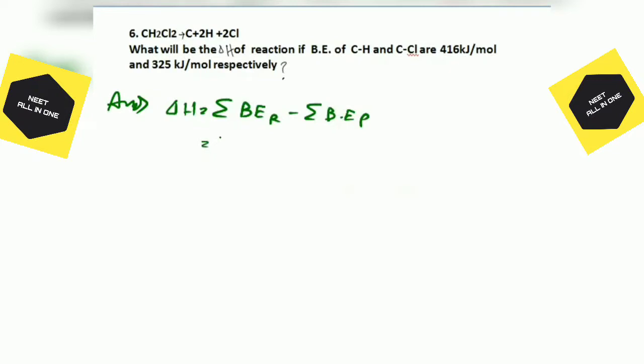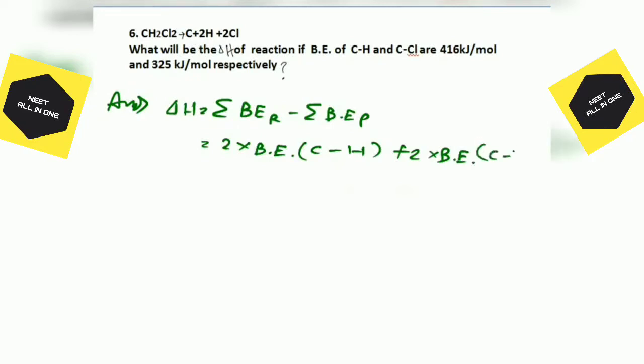So that will be 2 into BE of C-H, because here CH2 is given, plus 2 into BE